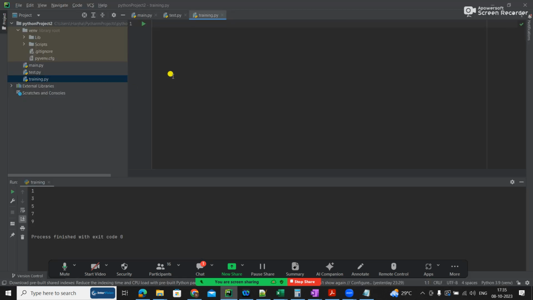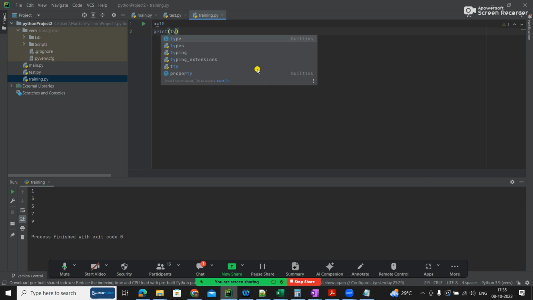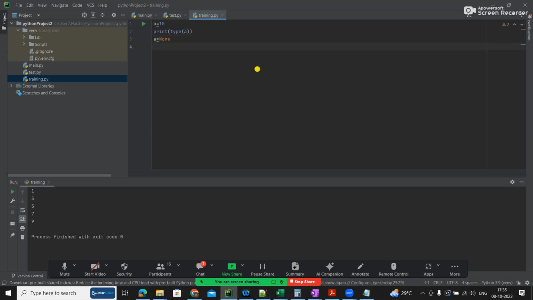If I give a equal to 10, then print type of a, then a equal to None, and the same thing, print type of a.